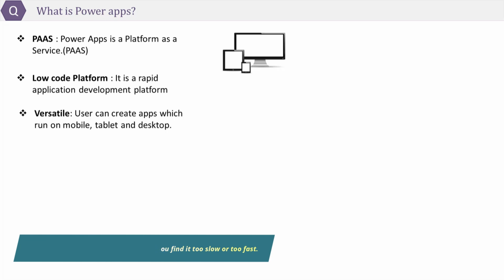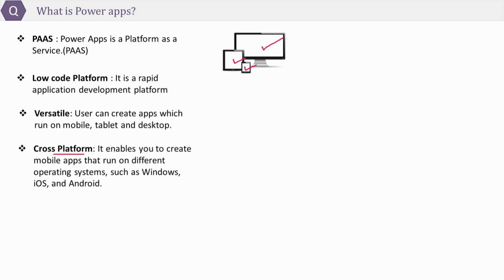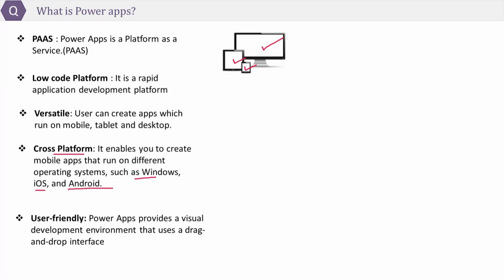The third is that it's versatile. Users can create apps which can run on mobiles, tablets and desktops. The next is cross-platform. So it enables you to create mobile apps that run on different operating systems such as Windows, iOS, and Android. Power Apps provides a visual development environment that uses a drag and drop interface.